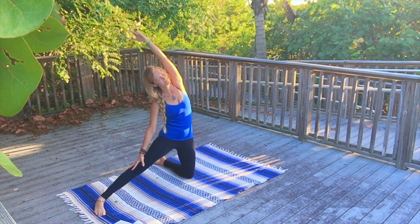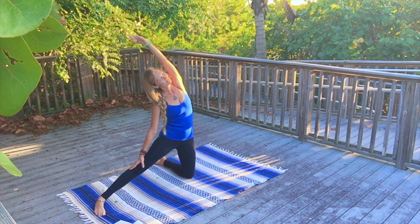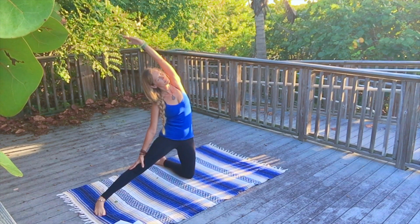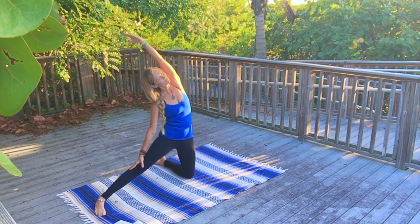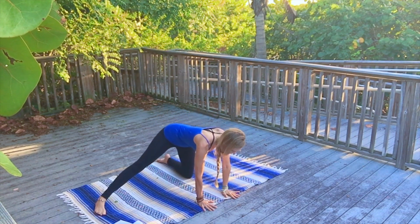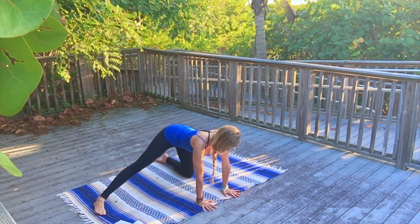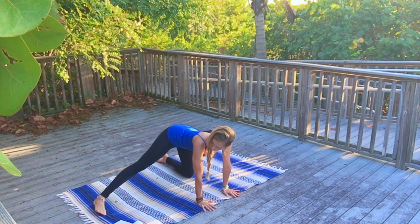Lift the left arm up and over. Breathing into that left lung. Maybe look up at the left arm if you'd like. Feel the expansiveness, the openness here, draping, reaching that left hand in front of your face. Right hand meets it. Okay, so now we're going to stay here for a moment as we lift the heel